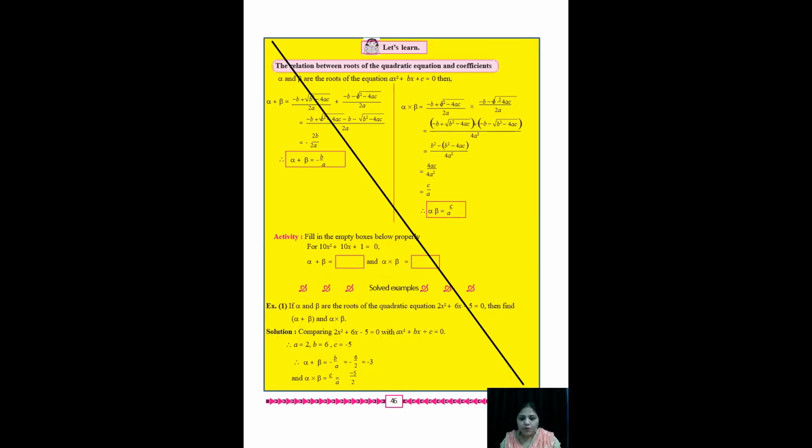Now see here on page number 46, what is given: relation between roots of the quadratic equation and coefficients. Here alpha plus beta and alpha into beta were supposed to be calculated. This part is being cancelled from your syllabus now. Strike that out. Cancel this page because this is no longer existing. Such sums, alpha plus beta and alpha into beta, will not be asked in the exam now. So cancel this part also. Now page number 47, the second example and third example, both are being cancelled now.